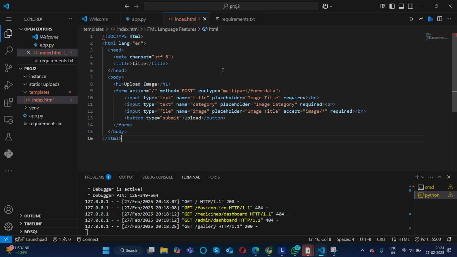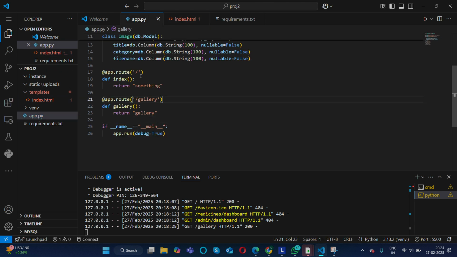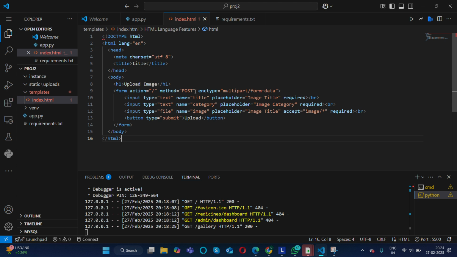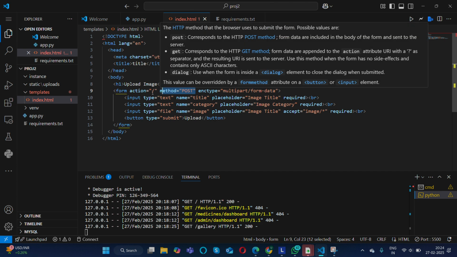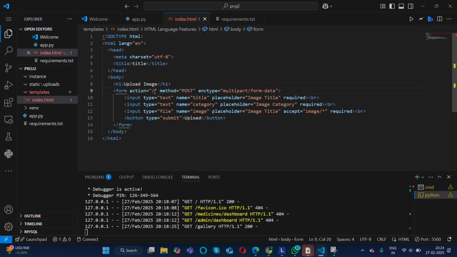Start with my root, which is the default. So here what I did, I had the method as post, right? The action is that the main index file should perform this method.